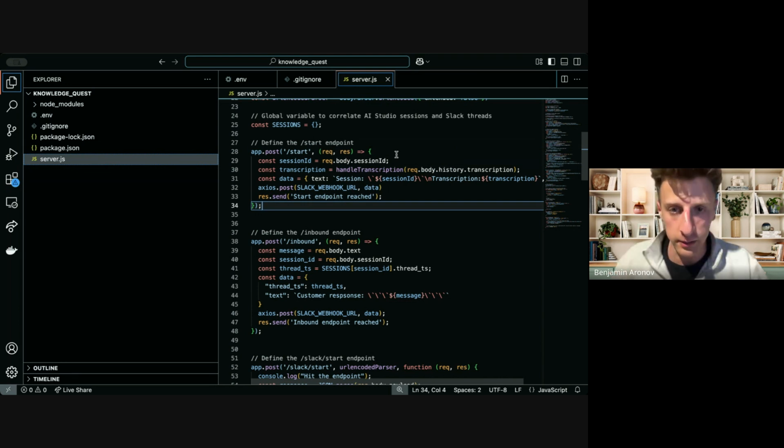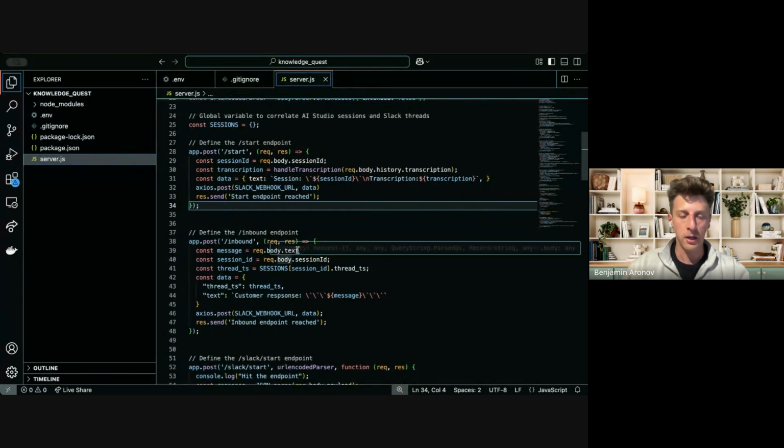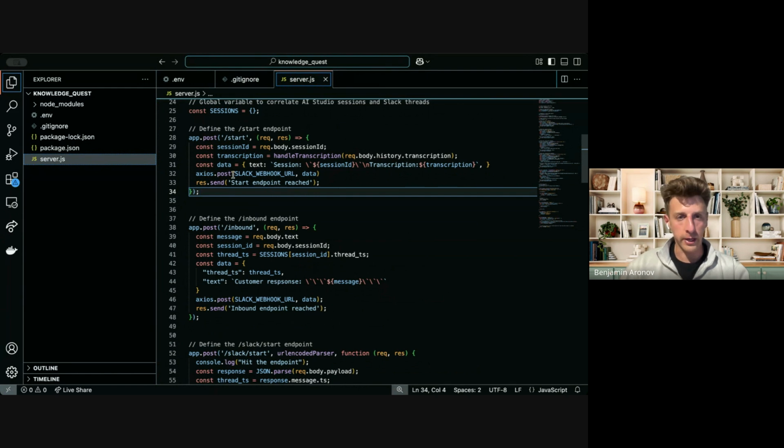So inside of that request, when we create this conversation, we get a session and we get a transcription. So basically, AI Studio will send all of the conversation that it has up until that point in this thing called transcription. So we store that into a couple of variables in our application. We throw it into another piece of information called data. Now, why do we do that? Because